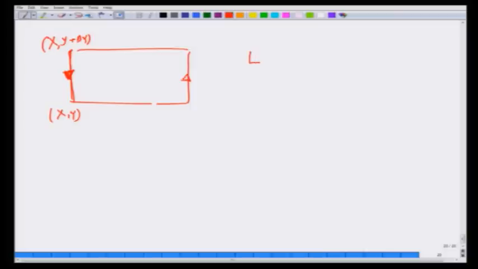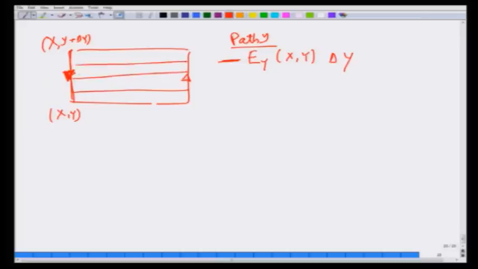So, I am going to have E_y(x, y) delta y, and that is in the negative direction. So, minus, because now the displacement is in the negative y direction, right. So, for each point here, the only difference is that x is reduced by delta x. So, it is at x and y,